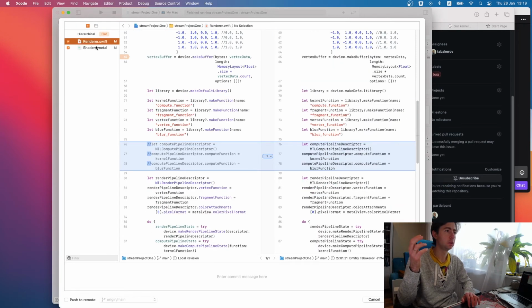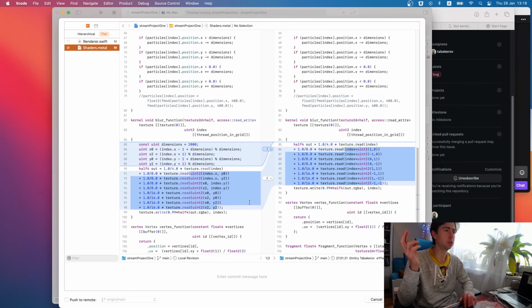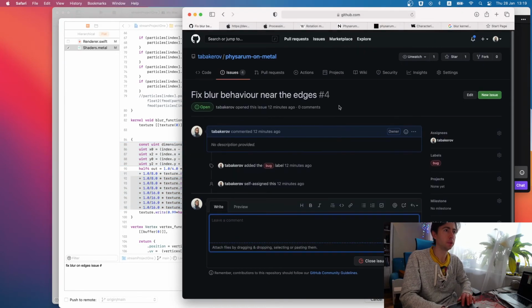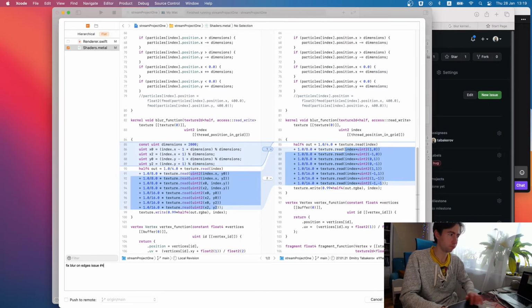Renderer. Let's not commit this one, but let's keep things clean. Fix blur on edges issue. Issue number 4. Commit.